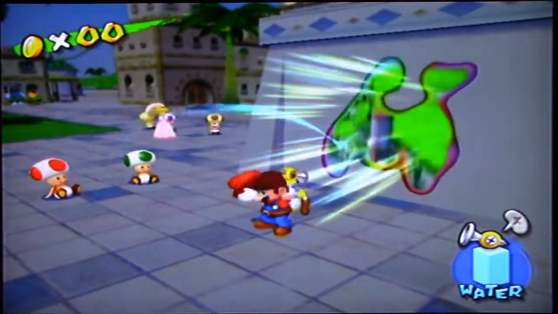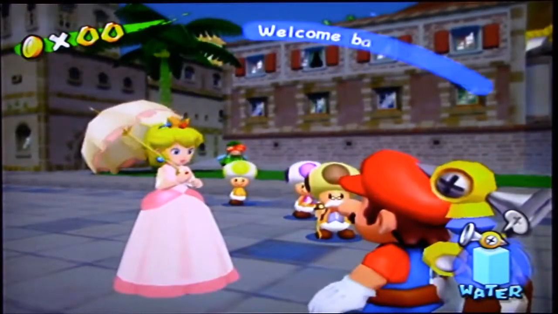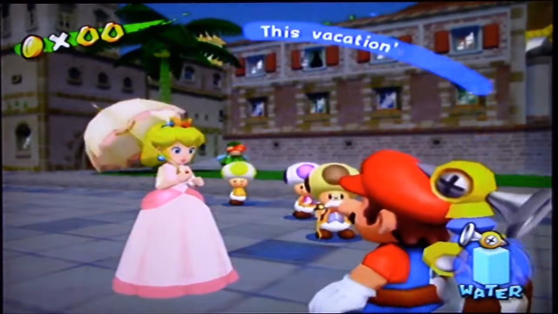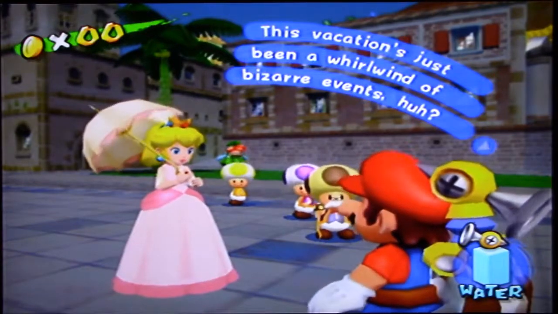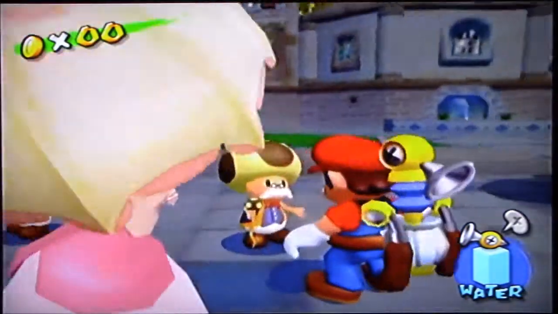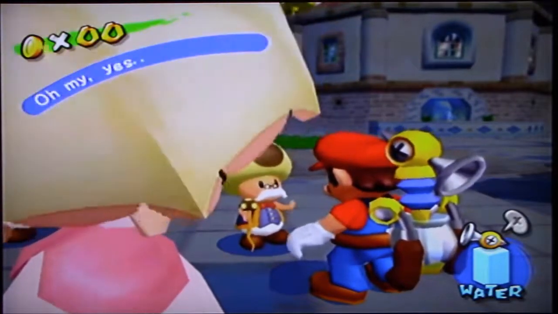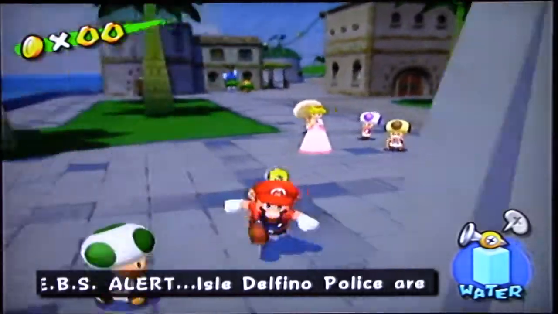So after doing that, we're back over to Princess and Toad's. Welcome back. Vacation's been a whirlwind. The boat to the hotel is a victim of bad turn of fate. So I can continue talking to them, but essentially